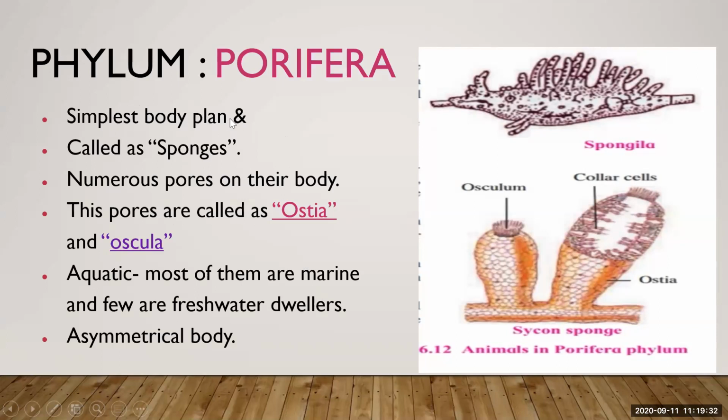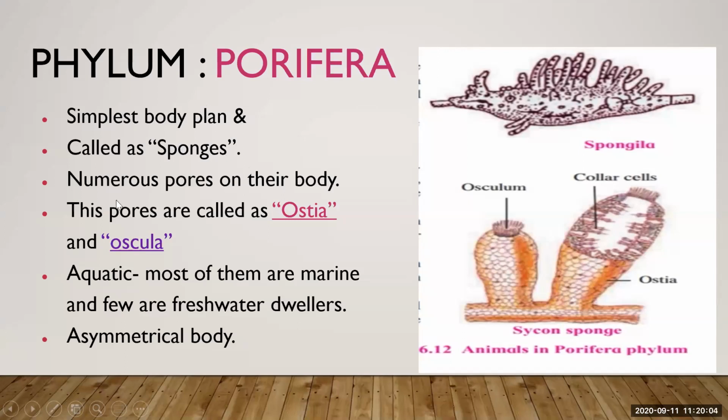What does body plan mean? It is a structural and developmental characteristic that can be used to identify a group of animals. Here, their body structure is very simple, and their structural and developmental characteristics are used for identifying the particular animal. This group of animals has similarities in development, like a similarity in embryonic stage or adult stage, and they are also called sponges.